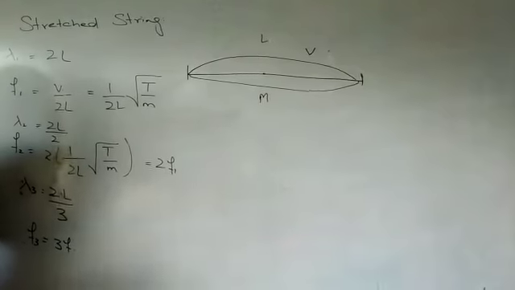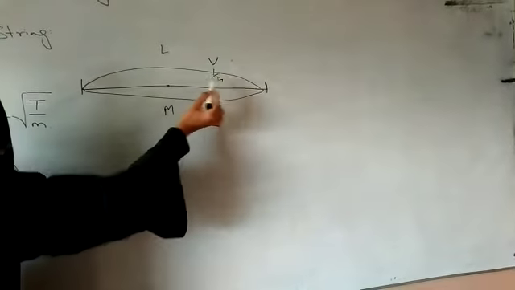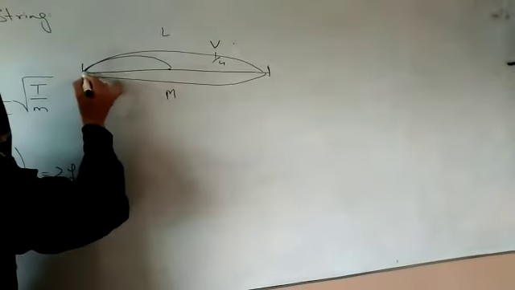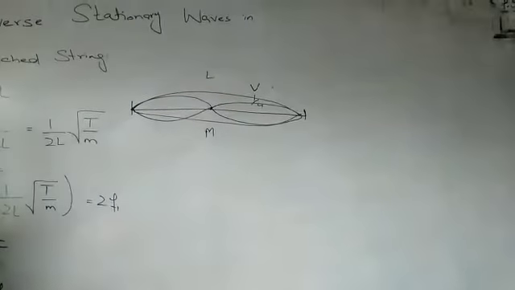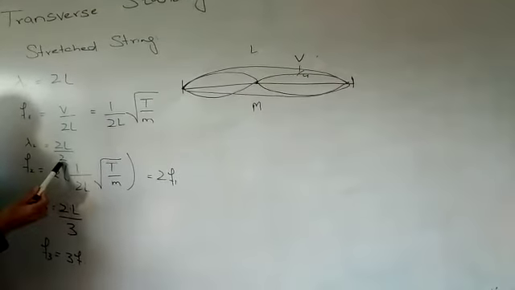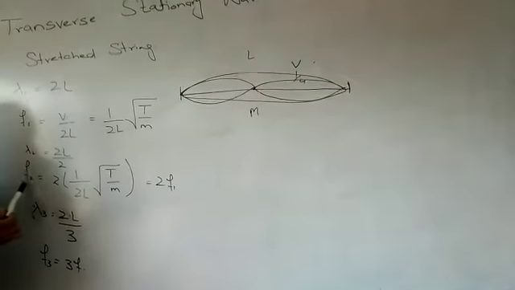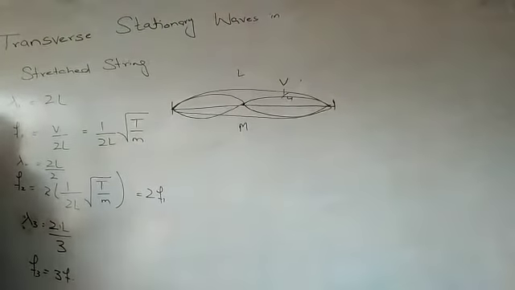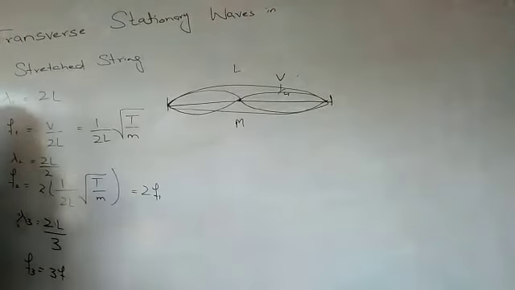and we call that frequency the fundamental frequency or first harmonic frequency. We also discuss the second case in which we pluck the string at 1/4 part such that the whole string vibrates in 2 loops, and we find the expression for the wavelength for the second case, lambda 2 is equal to 2L divided by 2. We also get the expression for frequency for the second case when the string vibrates in 2 loops: f2 is equal to 2 times f1.